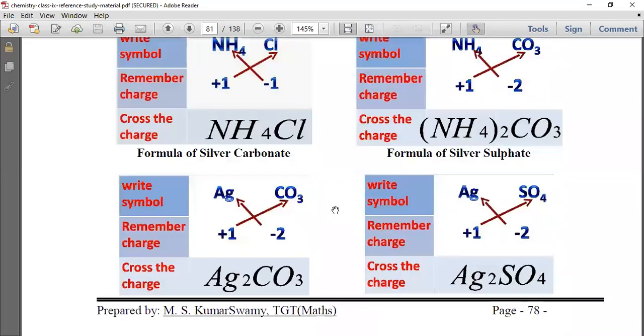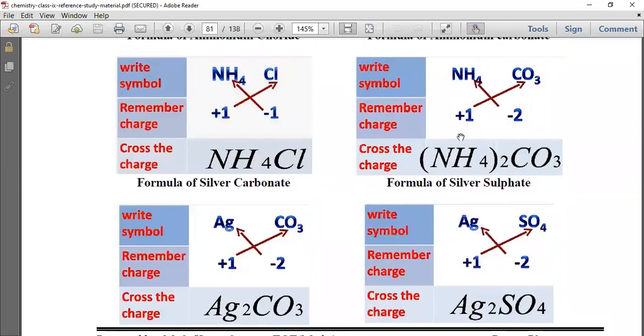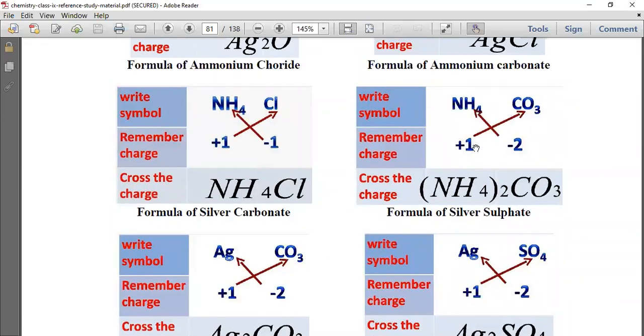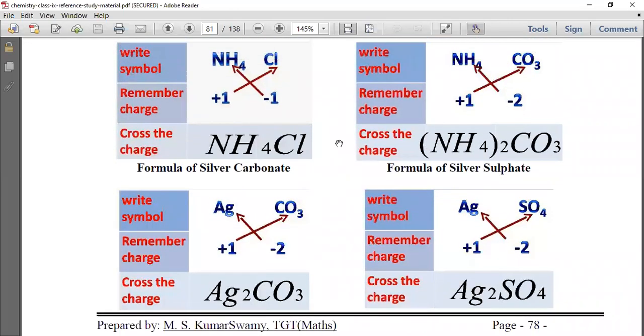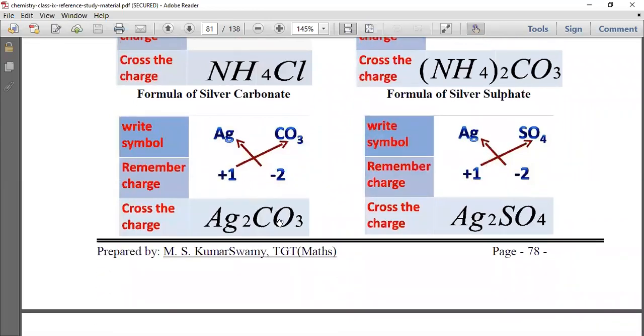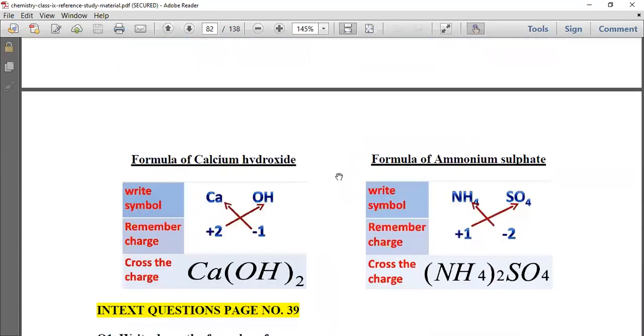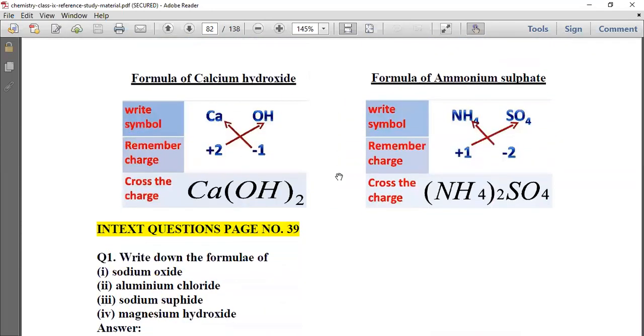Okay, NH4 twice CO3, this is very interesting. Ammonium carbonate, right? Ammonium, it's a polyatomic with a valency of 1. Carbonate, CO3, again polyatomic but valency of 2. So crisscross, and what do we get? Very easily, ammonium carbonate, right? Diammonium carbonate, we don't speak it like that, we just call it ammonium carbonate. Okay, right? Ag2CO3, Ag2SO4, right? One more, just 2 more examples.